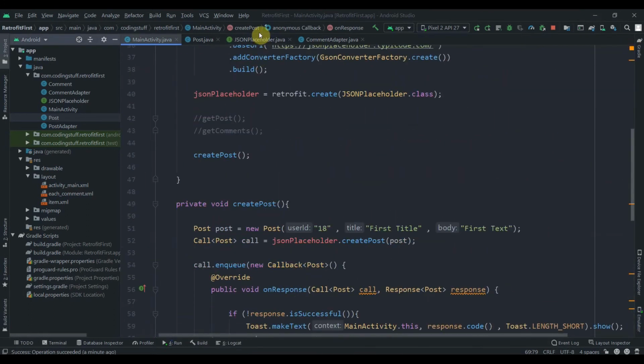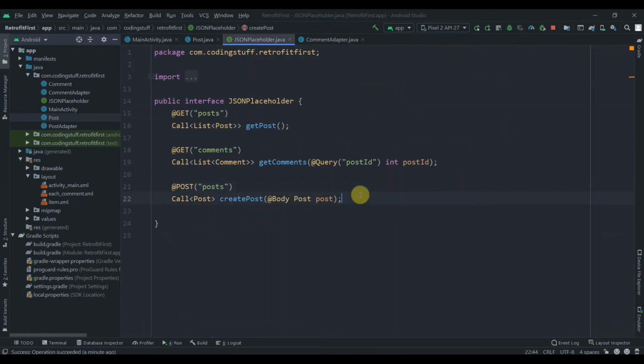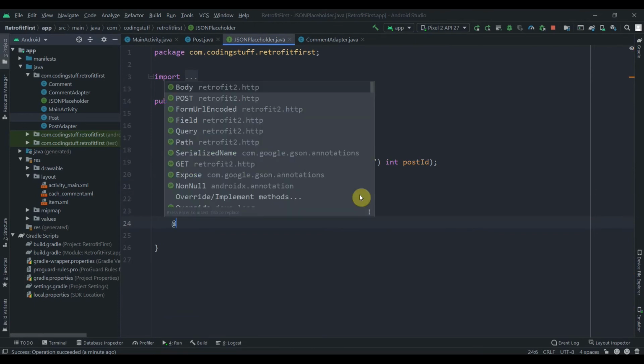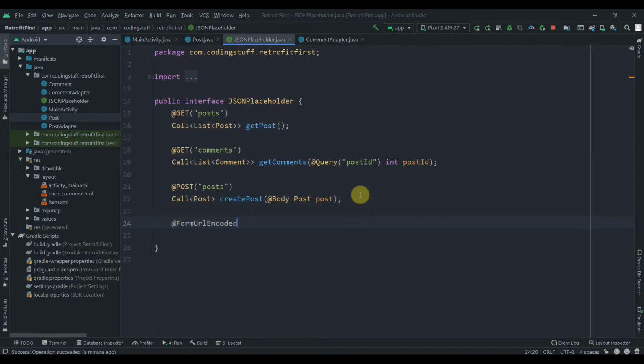Now in our JSON placeholder API we'll see another way to do this. First we need to use the annotation form URL encoded, and then annotation post, and similarly here we need to pass the post, and then create a call of post.